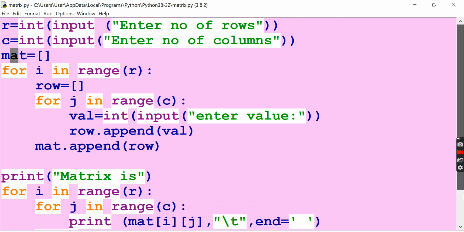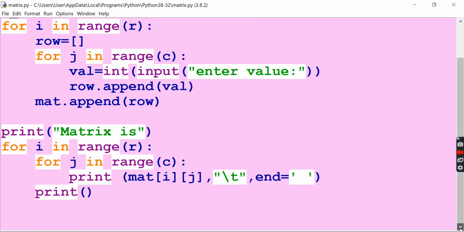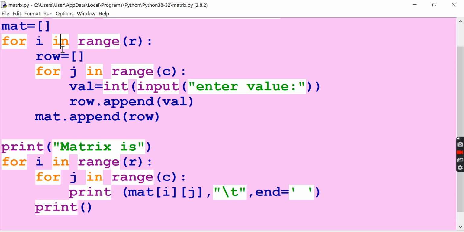After that, you are going to retrieve all the elements saved in the matrix. So how will it be? When I is 0, J is 0. When you are getting all the row elements, all the J elements will be stored here. Afterwards it will be appended to this matrix.